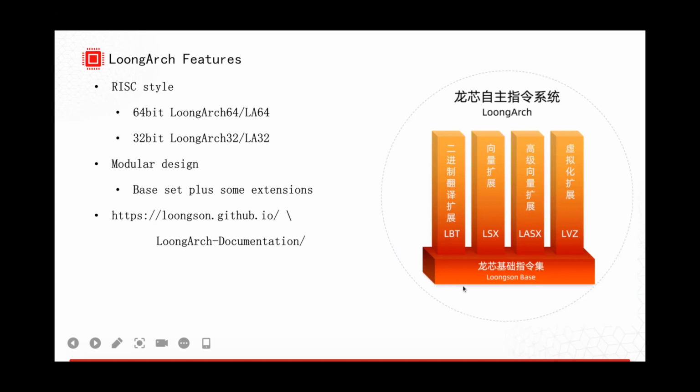We have a base instruction set plus several extensions. A lot of instruction slots are reserved for future extensions. If anyone feels interested, you can visit this site to get some more documents on the details. I just briefly introduced it.